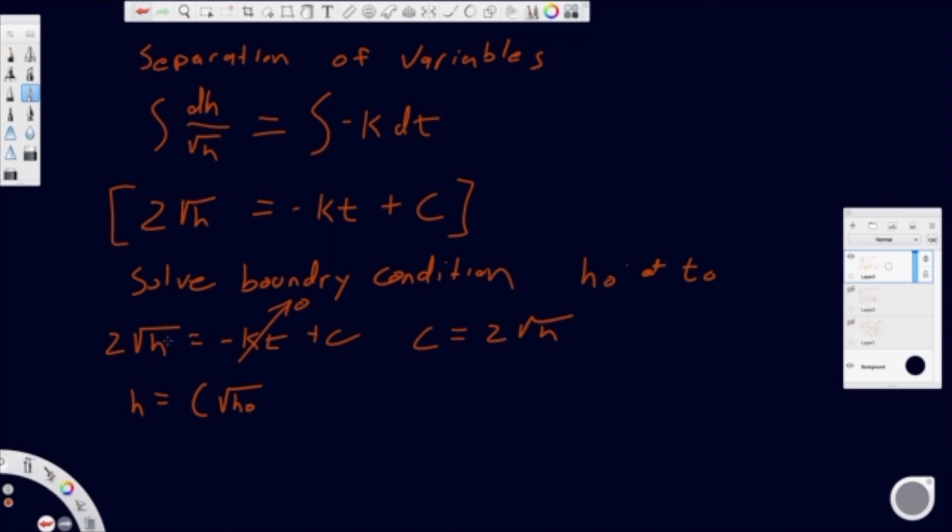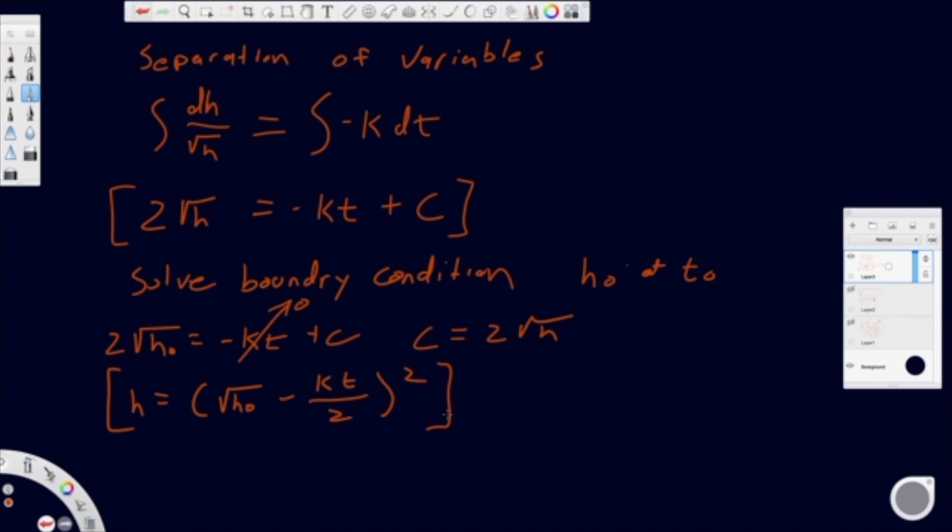Whoops, because this should have been h naught. Yep, made a mistake there. Sorry, because obviously we're substituting the initial height at time t, so that should have been our initial height. We still have kt, and then square this. So that's it right there. This is our solution for basically any tank,